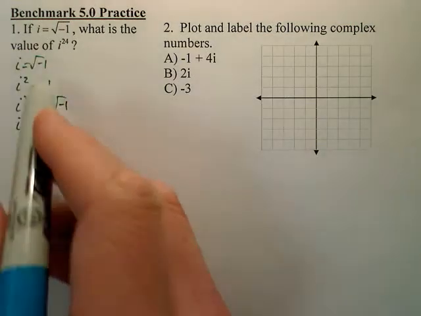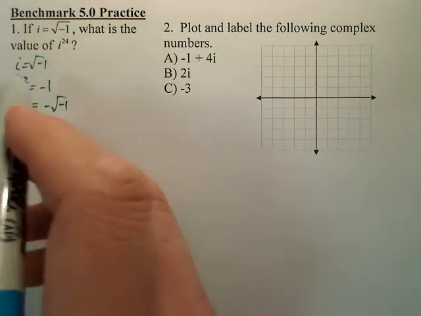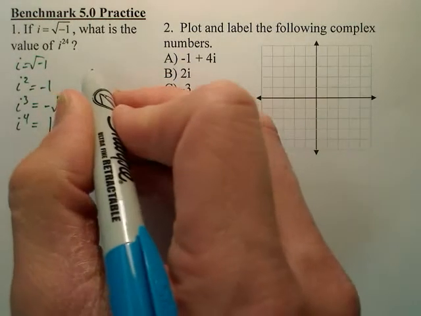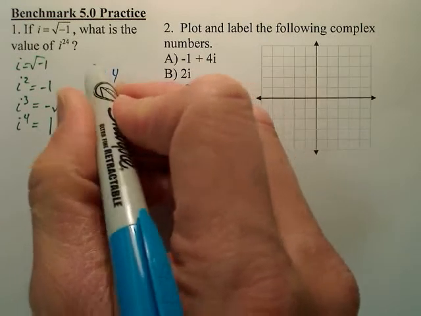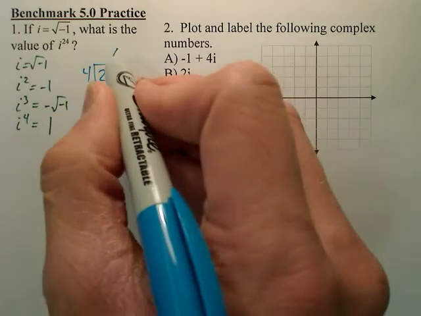So the pattern is going to repeat itself. So if I have i to the 24th, I can go through this pattern over and over again, but that takes a while. It's easier to simply take the 24th power and divide it by 4, because the pattern has 4 pieces to it. And when you do that, you have 6